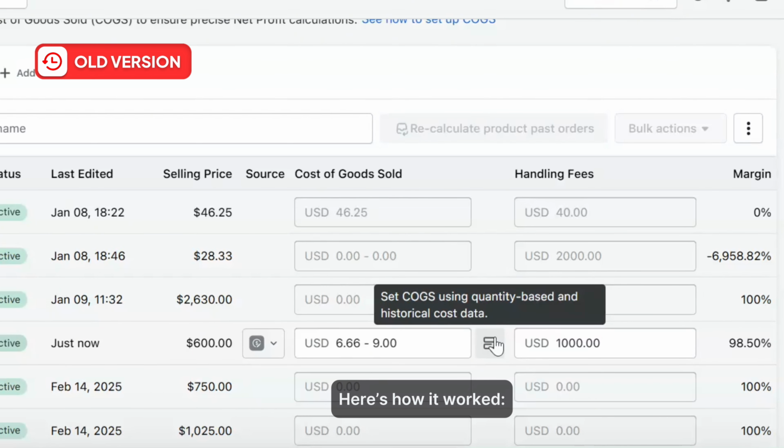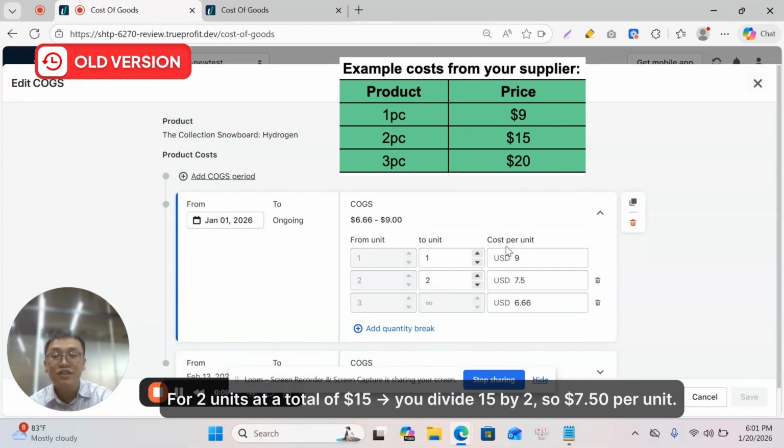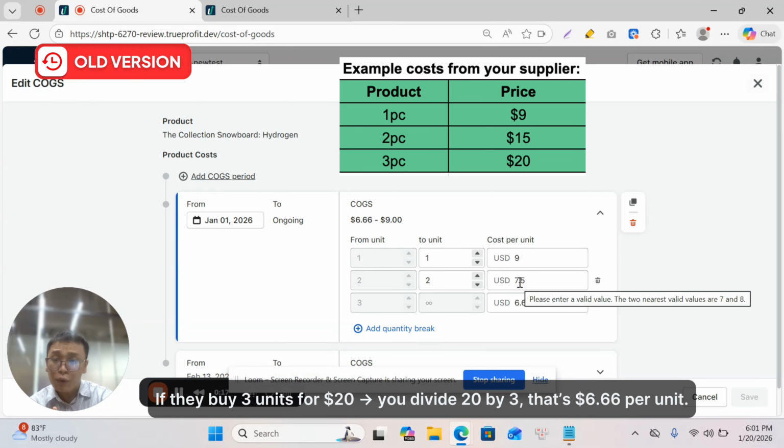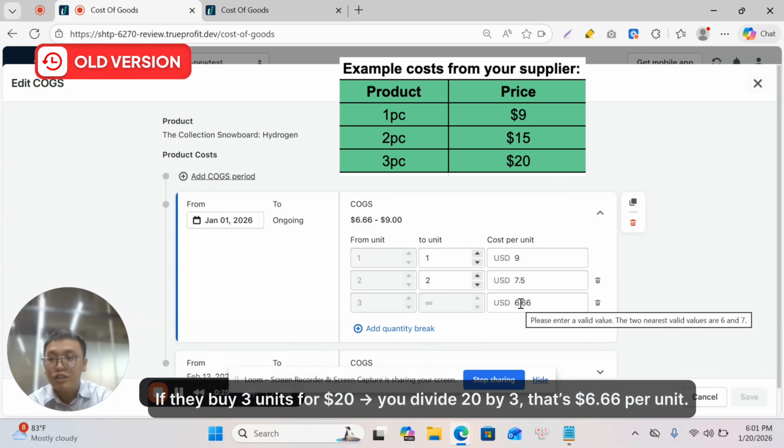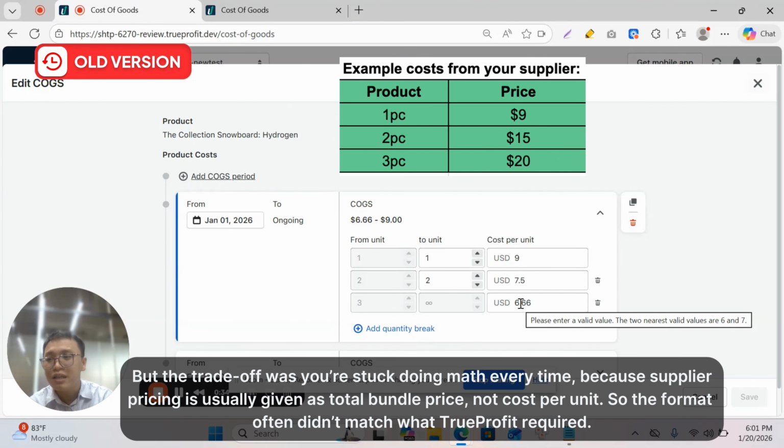And here is how it works. Buy 1 unit at $9, the cost per unit is $9. For 2 units at a total of $15, you divide 15 by 2, so $7.5 per unit. If they buy 3 units for $20, you divide 20 by 3. That's $6.66 per unit. This approach makes sure the bundle cost is 100% accurate, but the trade-off, you are stuck doing